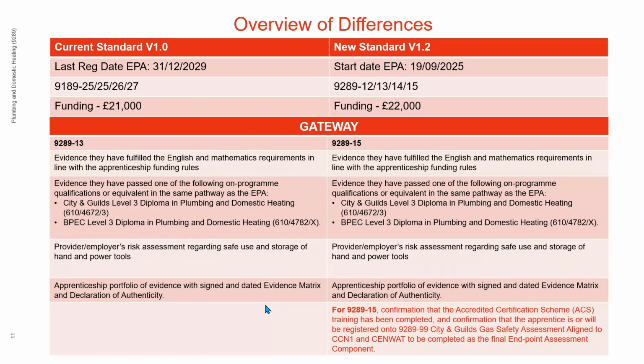Provide our employers risk assessment regarding safe use and storage of hand tools. Apprenticeship portfolio of evidence with signed and dated evidence matrix and declaration of authenticity. And on the 928915 here, we've got the new route, which will be the 928915 confirmation that the accredited certification